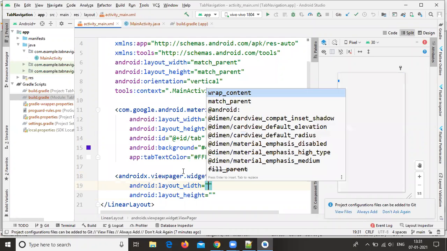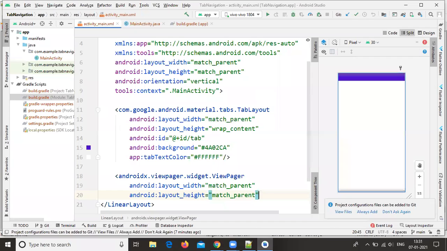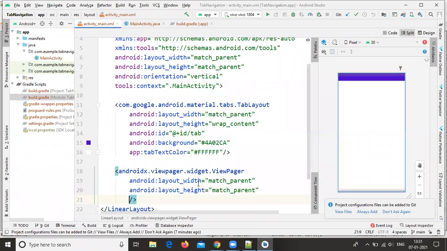Okay, so here I want to swipe the complete screen, this complete white part I want to swipe. So here I'm taking width as match parent and height as match parent, so that it will occupy the full screen.